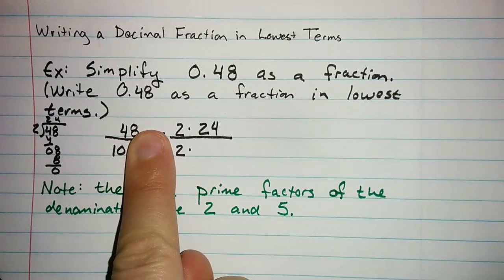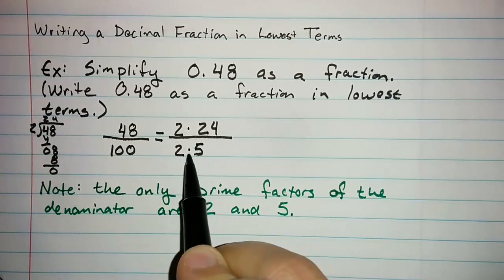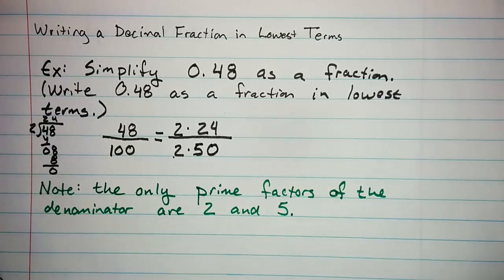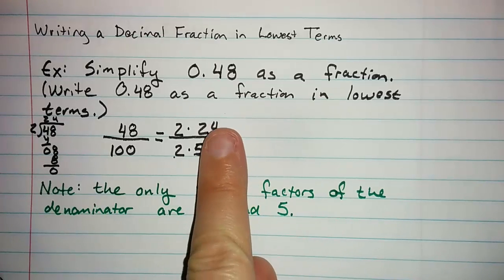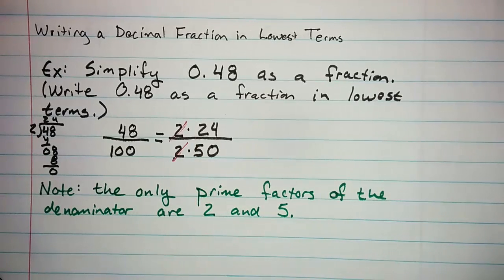Well, 2 goes into 10 5 times. 2 times 5 is 10. 2 times 50 is 100, right? 2 times 50 is 2 times 5 with an extra 0 on the end. So we cancel out the common 2, and we're left with